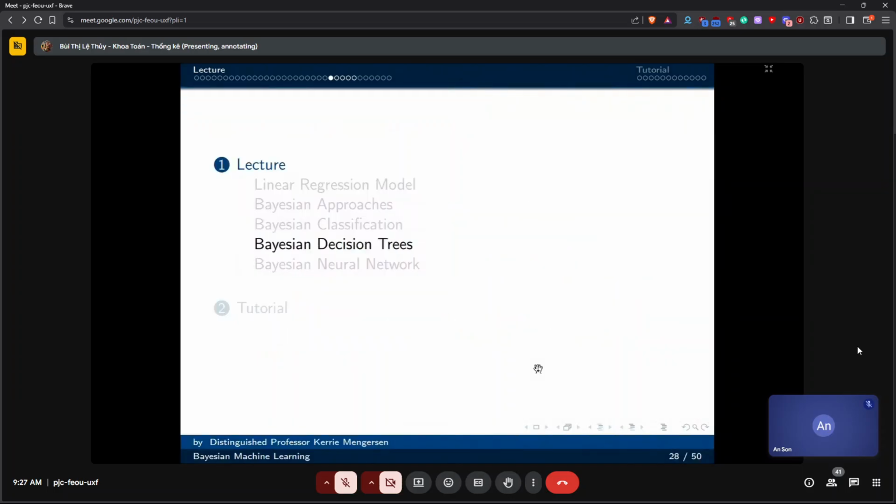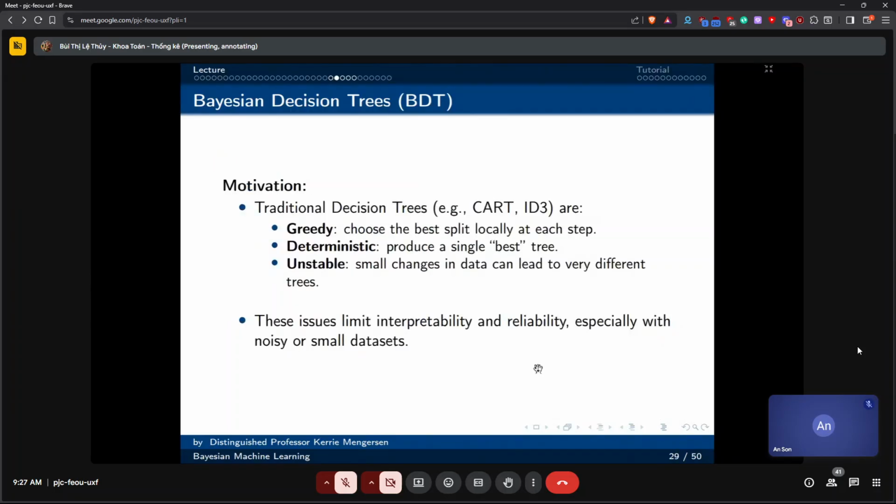All right. We want to look at Bayesian decision trees. So the motivation here is that we want to use a different kind of approach.